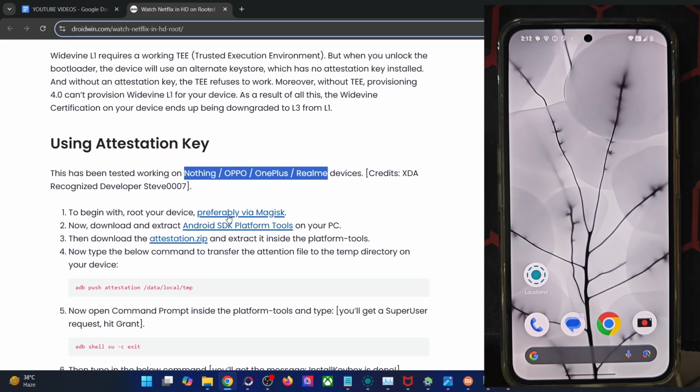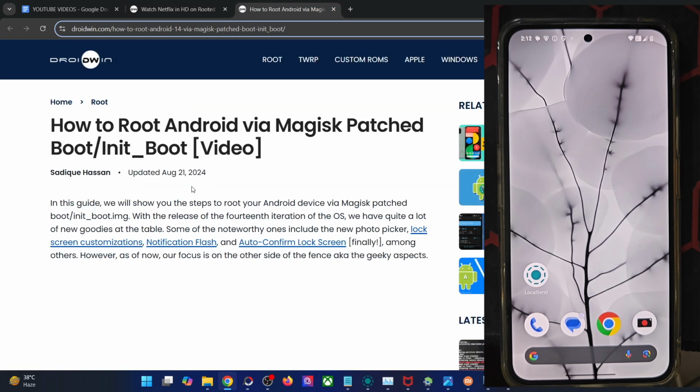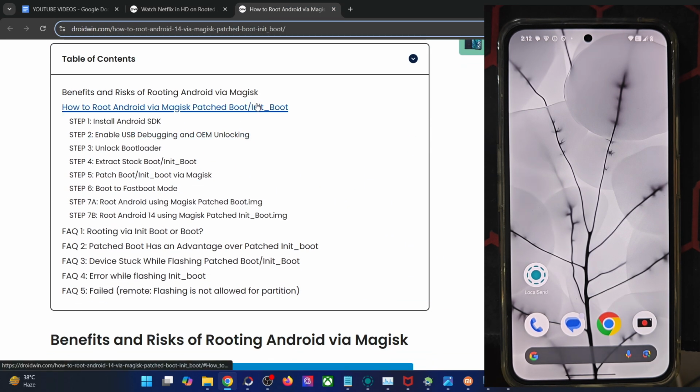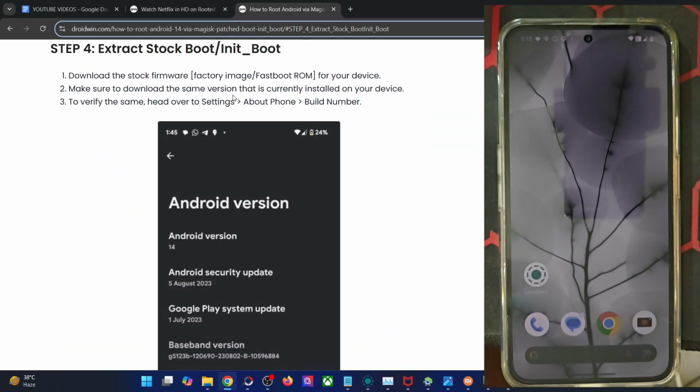First off, you have to root the phone via Magisk, Kernel SU, or APatch. It's recommended to root via Magisk. In this regard, you could either patch and flash the boot or the init_boot file. If your phone came with Android 12 or an older version, you have to use the boot file. If it came with Android 13 or a higher version, you have to use the init_boot file. Then patch the file via Magisk after extracting it from the stock firmware,